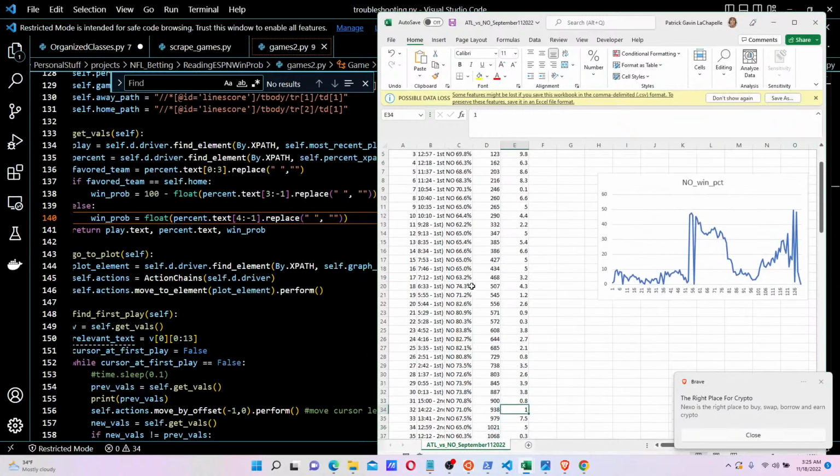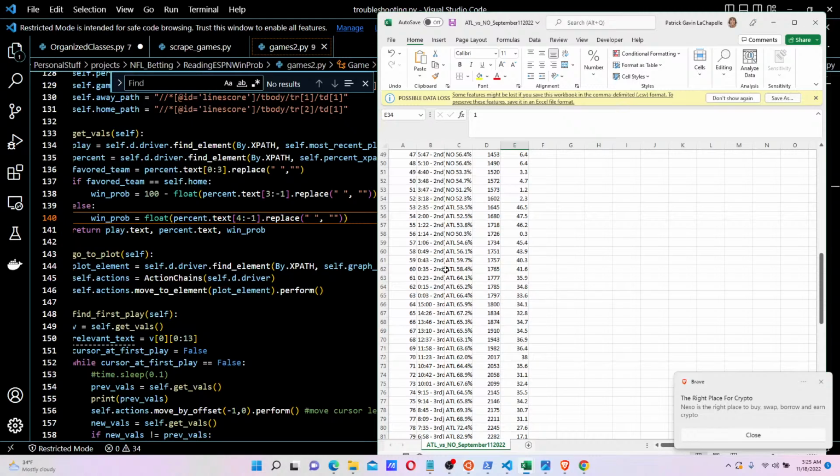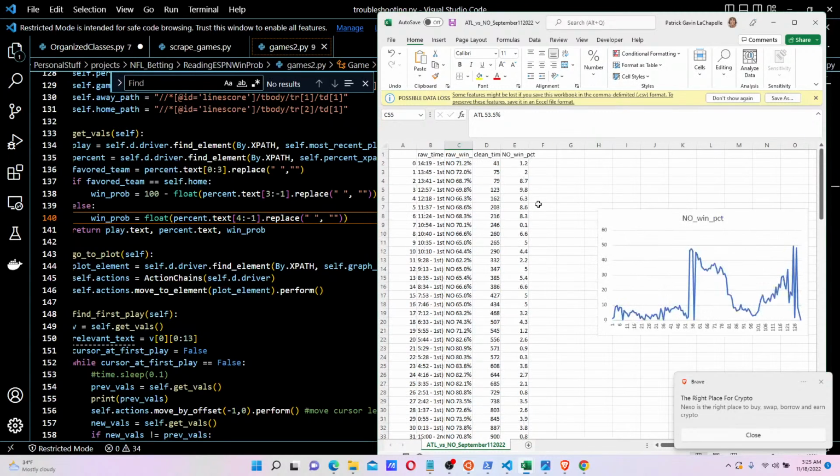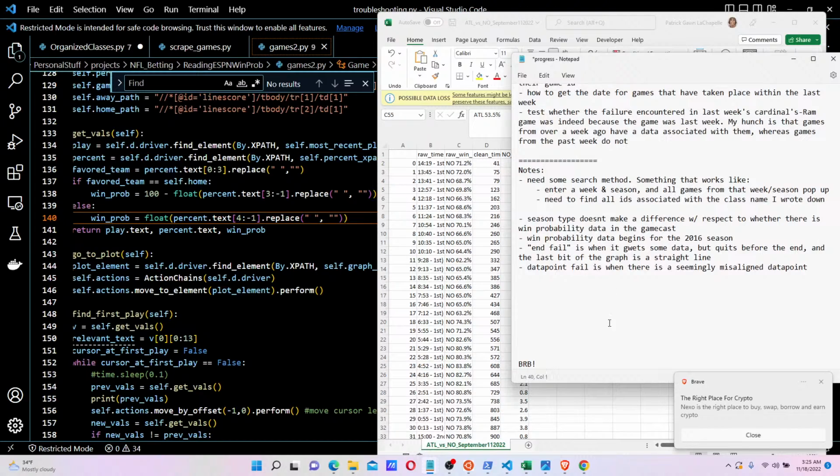Does it do the right thing? ATL, ATL, ATL, ATL. Okay. When Atlanta's leading, when Atlanta has 53% win probability, New Orleans should be 46.5. Oh, so that's right. So the Atlanta win probabilities are correct. Put this in the notes. Atlanta favored win probabilities are correct. New Orleans favored,